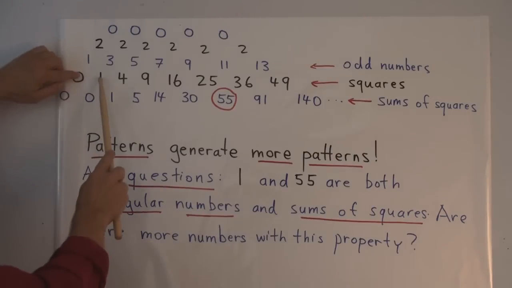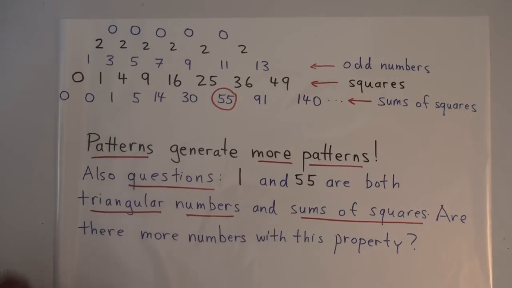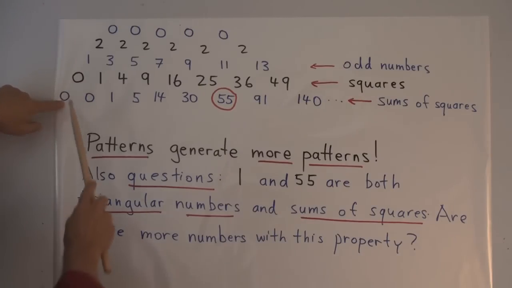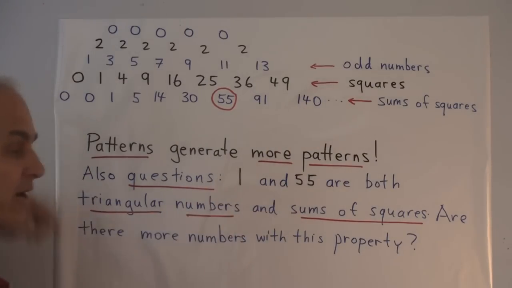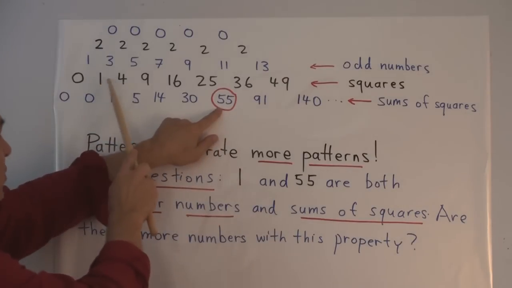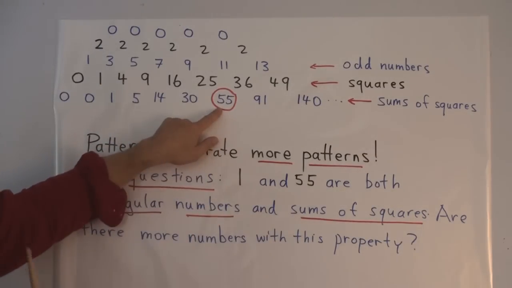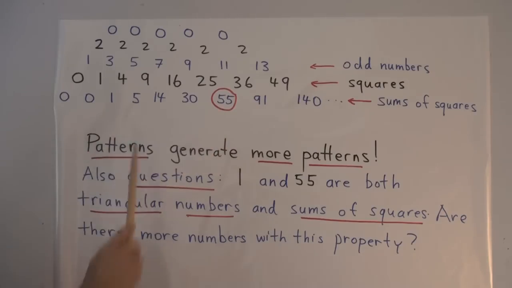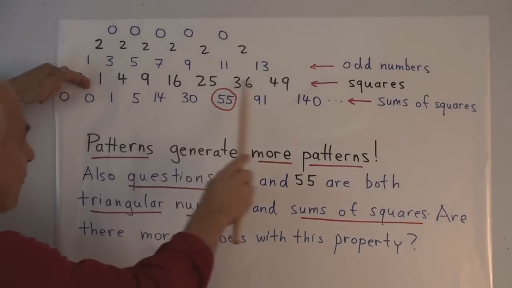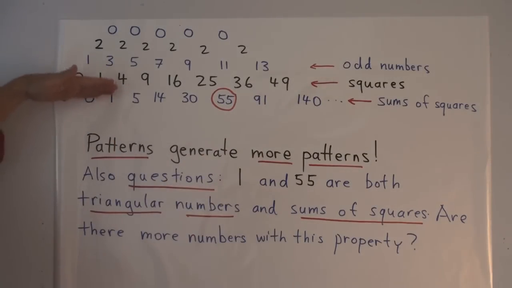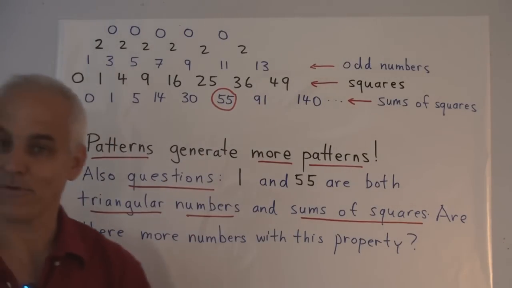But we can also extend this table downwards, as long as we have a starting point. So suppose we start with 0. Then this line is going to be the line of the sums of squares. This 55 here represents 1 squared plus 2 squared all the way up to 5 squared. That's the number we already calculated. So here are the sums of squares. That's a more complicated sequence from the sequence of squares obtained by going down in this table of differences.